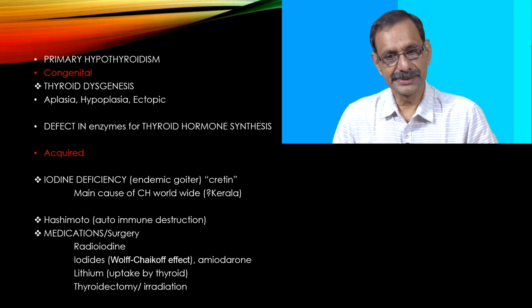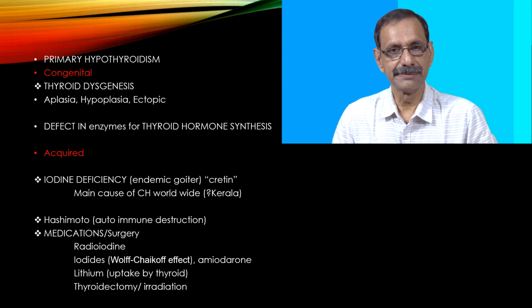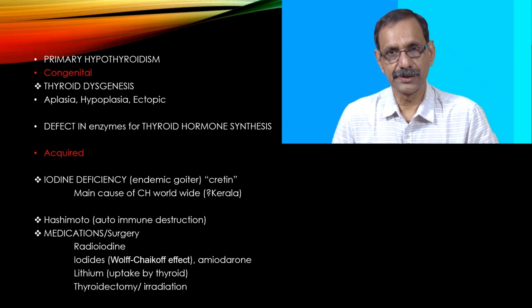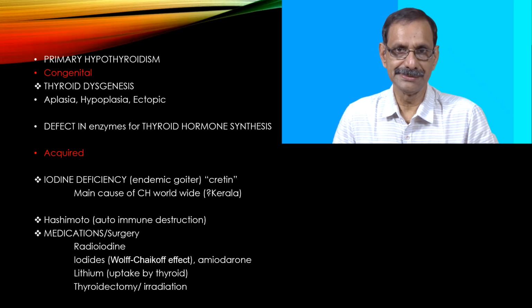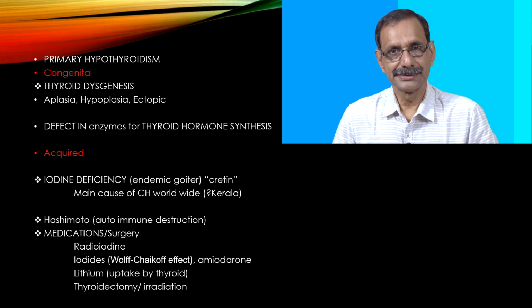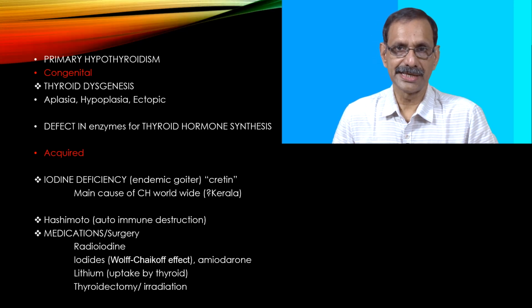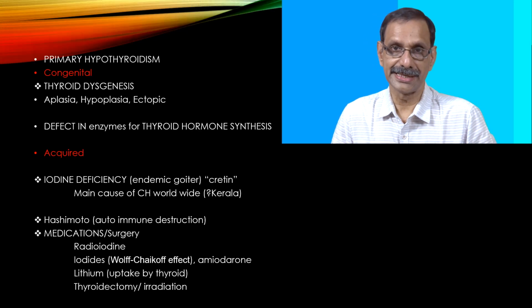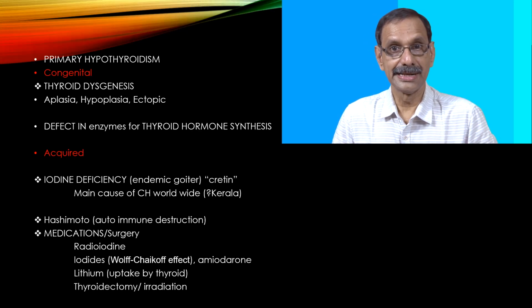Now the second cause of congenital primary hypothyroidism would be a defect in thyroid hormone synthesis. When there is a defect in thyroid hormone synthesis due to enzyme deficiency, the feedback signal to the pituitary is that less thyroid hormone is being synthesized, so secrete more TSH. So a lot of TSH gets secreted, extra stimulation of the thyroid gland. So the thyroid gland enlarges. So you have a newborn with goiter. That is the presentation of congenital enzyme deficiency in thyroxine synthesis.